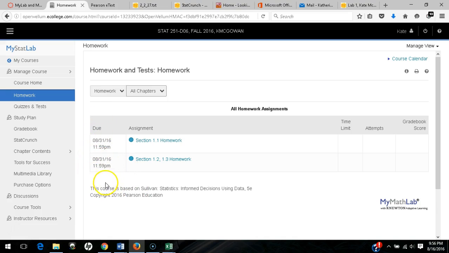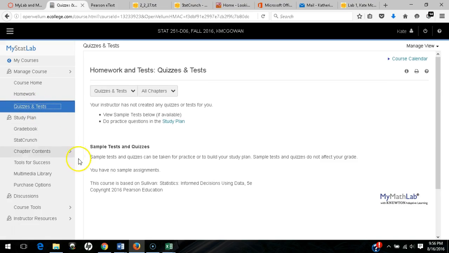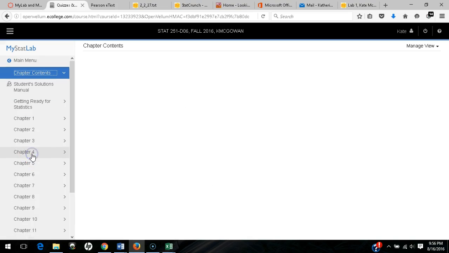More assignments will become available as you progress through the course. Likewise with quizzes and tests. Same thing there. When quizzes and tests become available, they'll be listed here. Other resources you might be interested in would include chapter contents, which would be links to the ebook. You can navigate through the chapter contents here, or what I prefer to do is